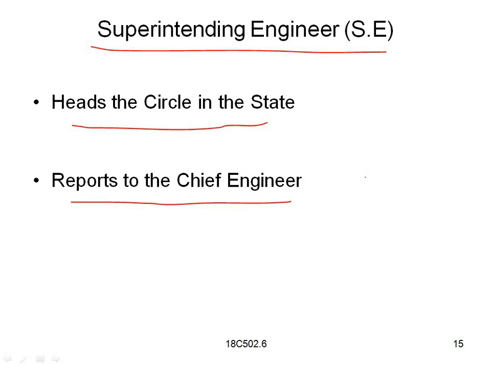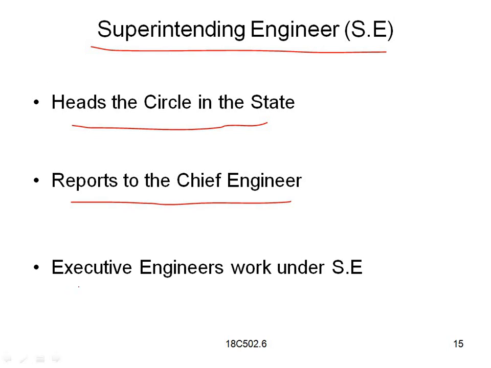This flow chart runs from lower level to higher level, and from higher level to lower level. So all of this flow chart runs smoothly without disturbing anyone. And executive engineers work under the SE. So under the superintendent engineer, we have the executive engineers. These executive engineers also have a certain sanction amount they can approve. Okay. And they can give some of the transfers or any other legal obligations, and they will also be checking